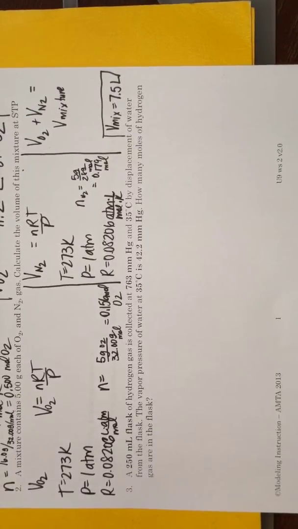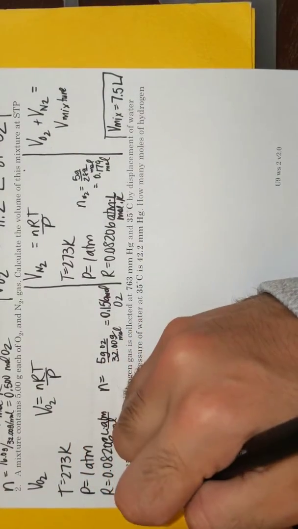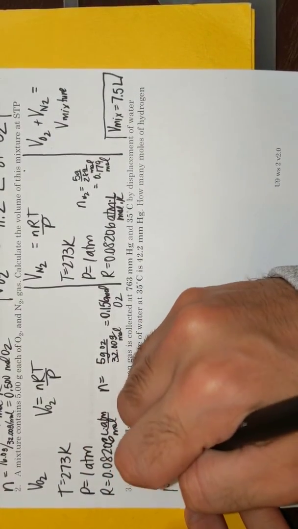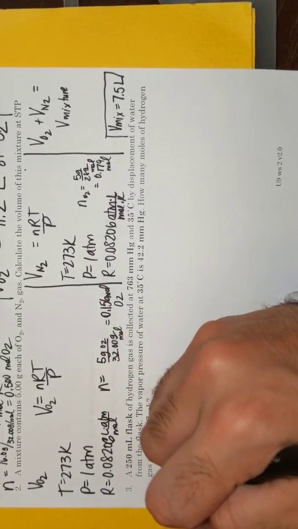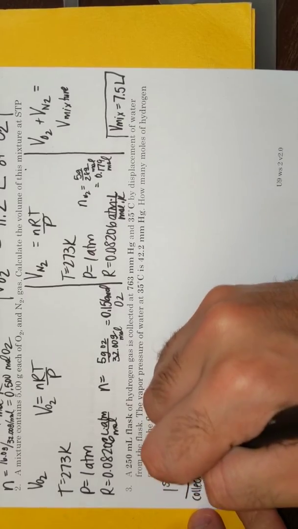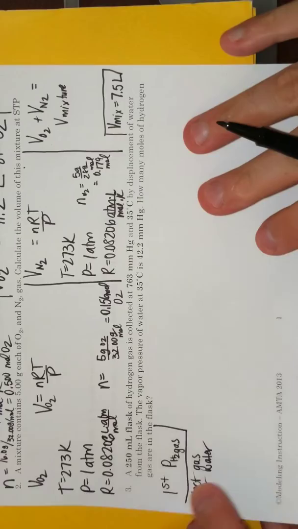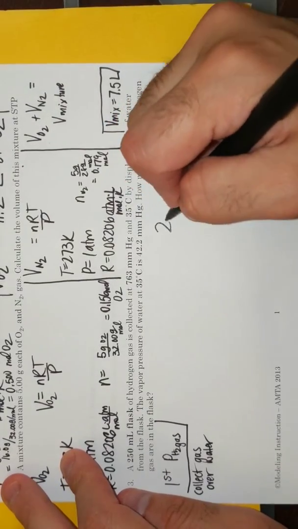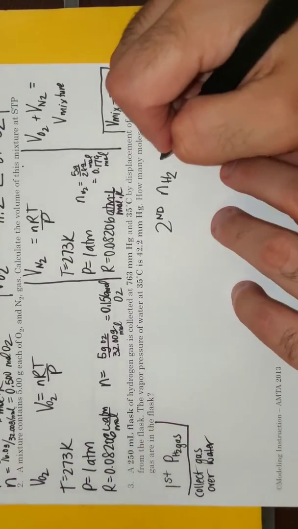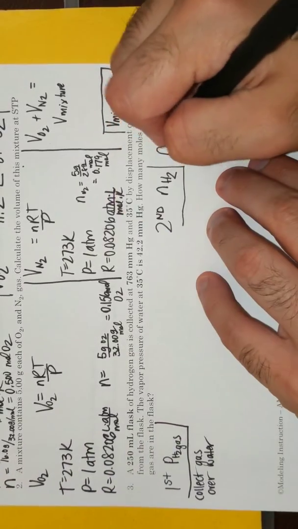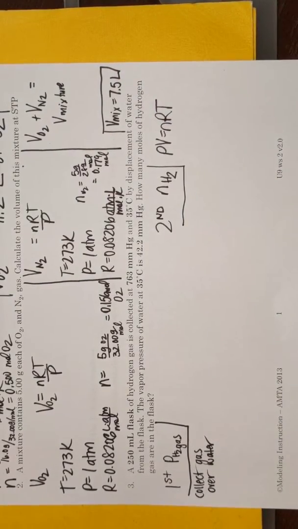I wanted to set you up on question number 3. Question number 3, there are going to be two parts. First part is getting the pressure of the hydrogen gas because you're collecting a gas over water. And then the second part is getting the moles of H2 using PV equals nRT. Okay? And so,